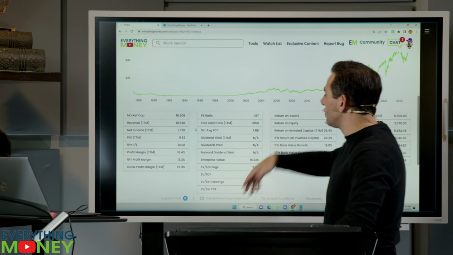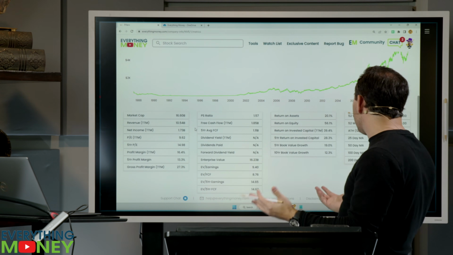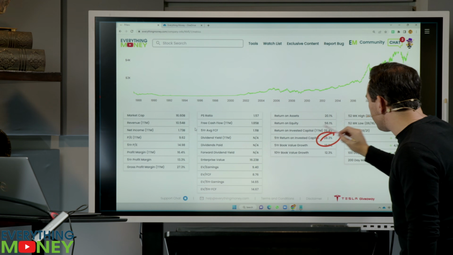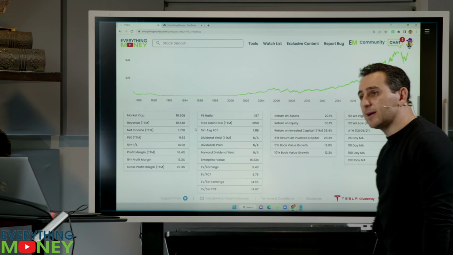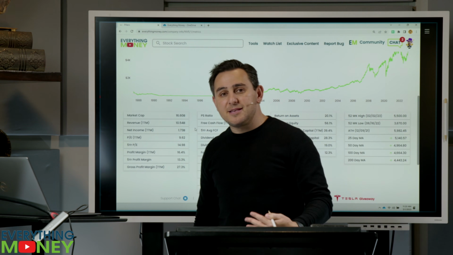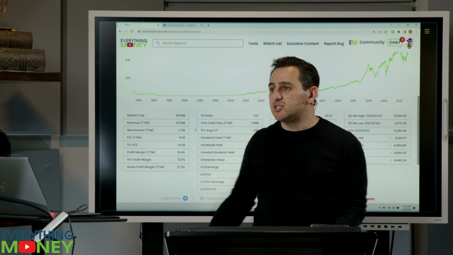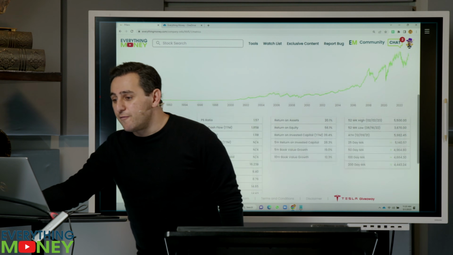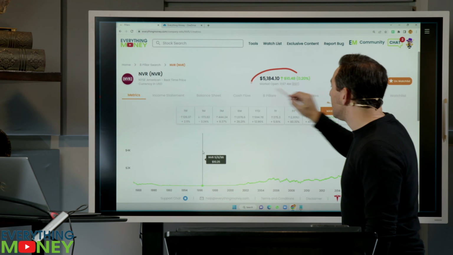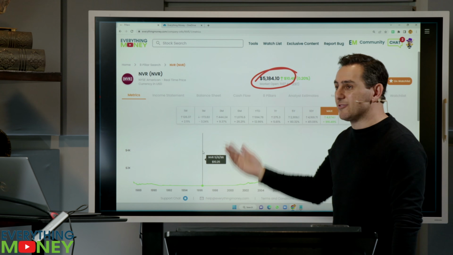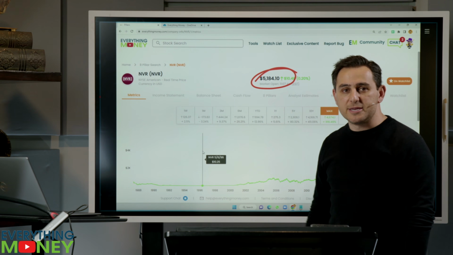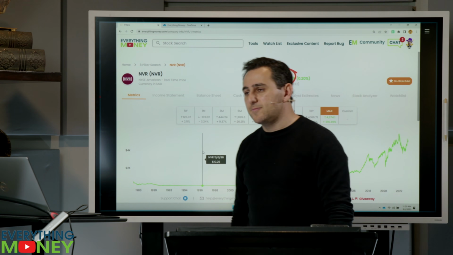Now, am I saying NVR is worth $5,000 a share right now? I don't know, probably not. But look at this return on invested capital. That's huge. They don't have to invest a lot of money in the business to generate more profit, so they can use that cash to buy back cheap shares and make a lot of return for their investors. 115 times in the last 23 years. That's the key there, guys. So I want you to learn that.